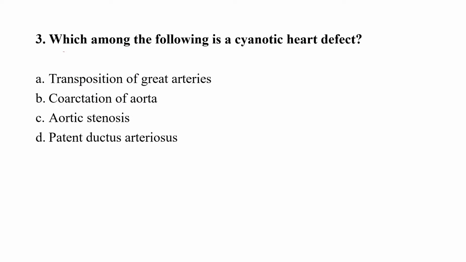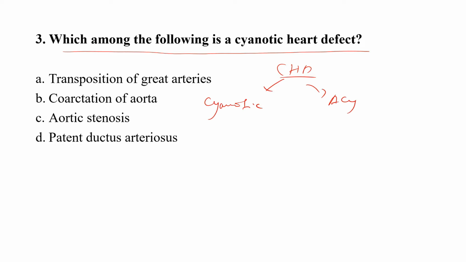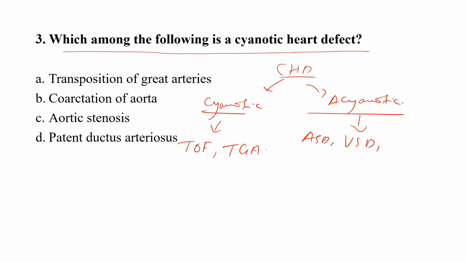Question number 3. Which among the following is a cyanotic heart defect? Option A, transposition of great arteries. Option B, coarctation of aorta. Option C, aortic stenosis. Option D, patent ductus arteriosus. Here, congenital heart diseases are divided into cyanotic and acyanotic heart disease. So in cyanotic heart disease, there are tetralogy of Fallot and transposition of great arteries, and in acyanotic heart disease, like ASD, VSD, then pulmonary stenosis,